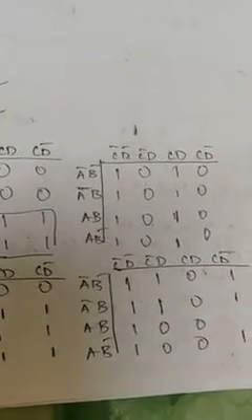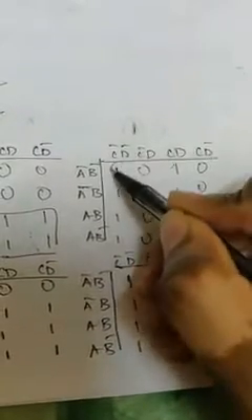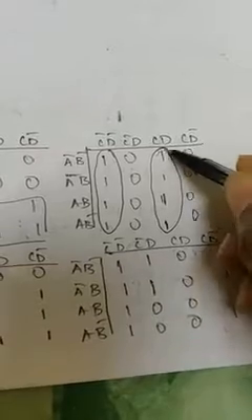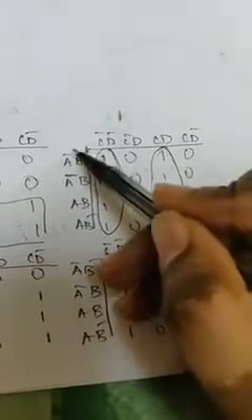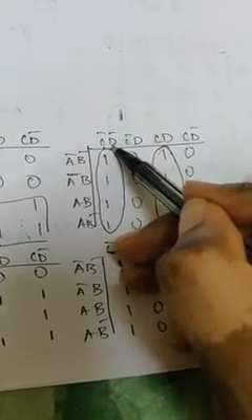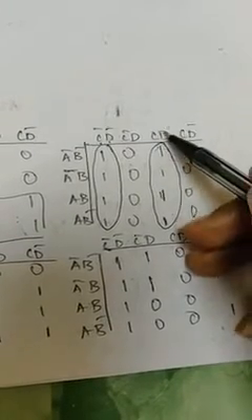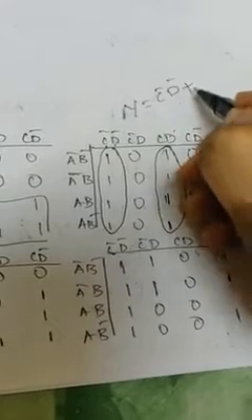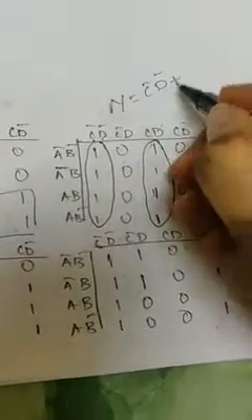So let me go with making quad. How many possible quads are possible here? So there is a possibility of two quads, 1 and 2. So what is the answer? When it is a horizontal one, neglect all this. Everything will cancel here. So directly write C bar D bar. So here directly write CD. So the expression will be y is equal to C bar D bar plus CD is the answer for this K-map.